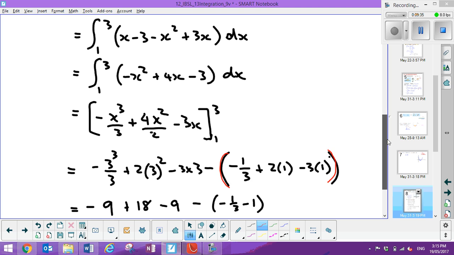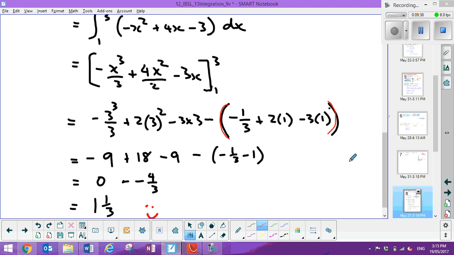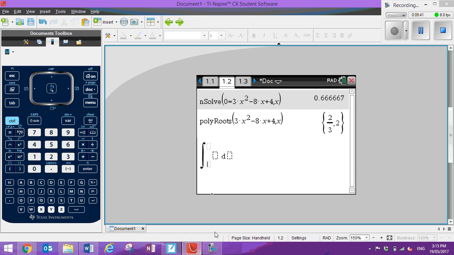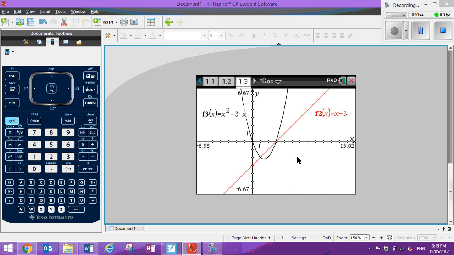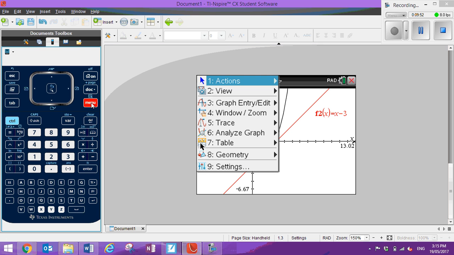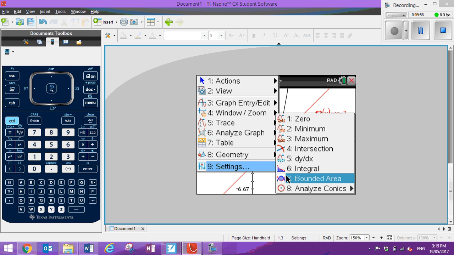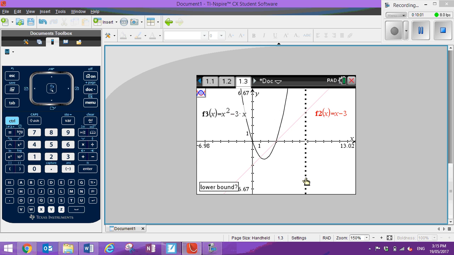So that's doing it without a calculator, which is quite doable. Let's now have a look at that with your calculator. So here are our two functions graphed, x minus 3 and our x squared minus 3x. To calculate this area in here, go to menu, we want option 6 to analyze. This time we want a bounded area. So we want to see the area that's bounded by two functions. As you slide over again, it gives you that option of point of intersection. Keep going across, point on intersection point. So we choose that one, and there's our answer of